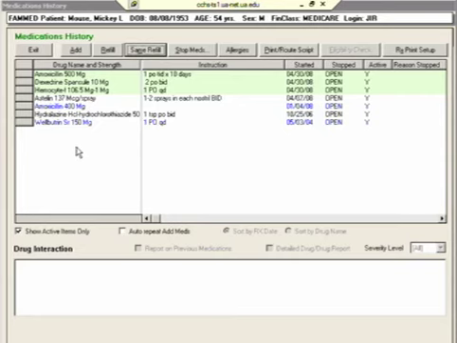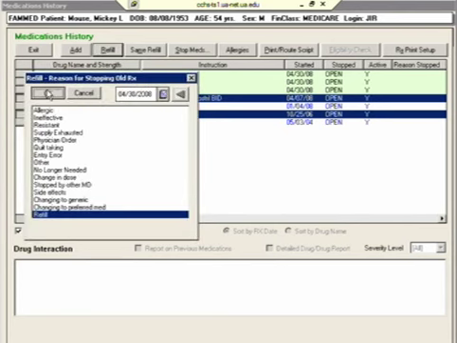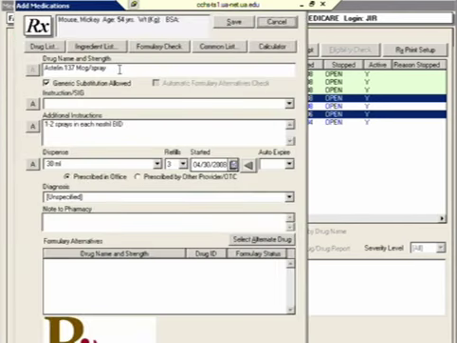Now another helpful thing is you can actually select more than one prescription to refill and click the refill or the same refill button, and it'll do them all at once. Now if I was to click the same refill button here, they'd both turn green and they'd both be refilled just like last time. If I click the refill button, that's telling the machine, okay, I want to refill them, but I want to go ahead and have the opportunity to make some changes to them when I refill them, and so it'll bring up one of them first, I'll make my changes. Okay, this time I only want to give